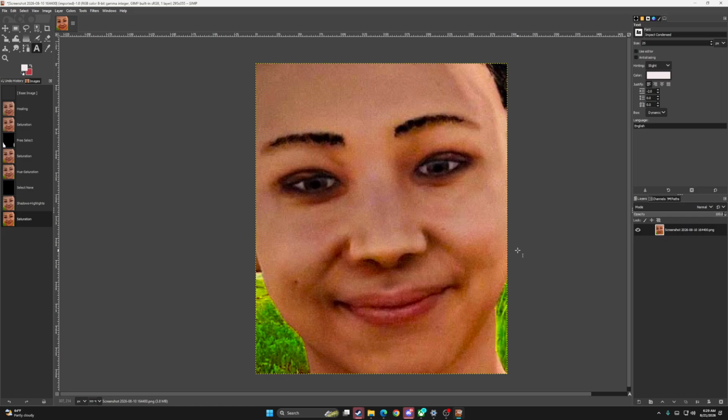Hello, hello, hello. Welcome to a GIMP tutorial on how to add an outline or a stroke to a text